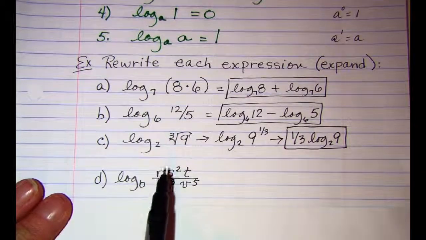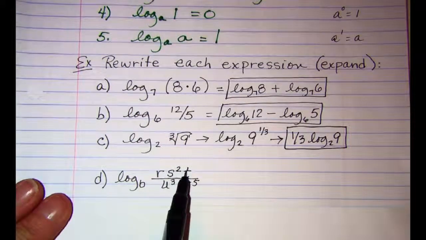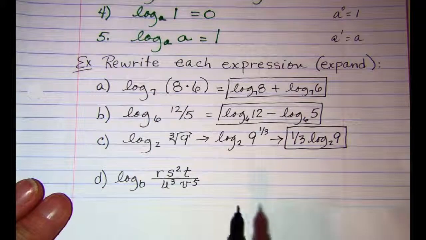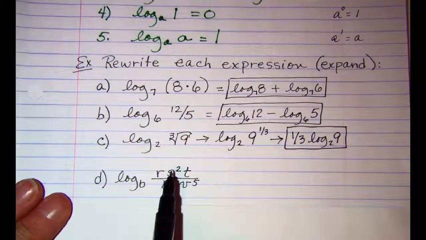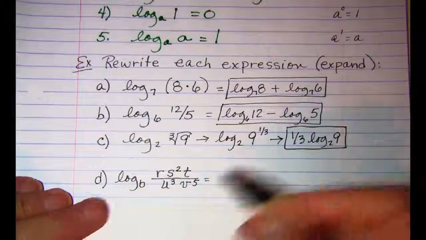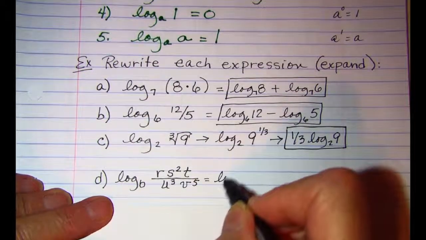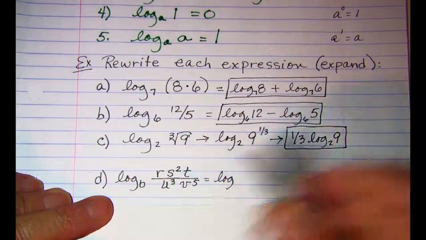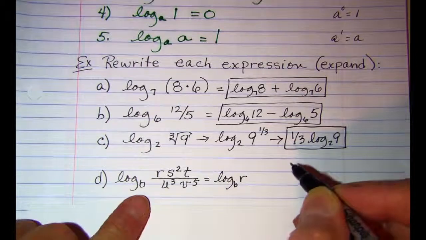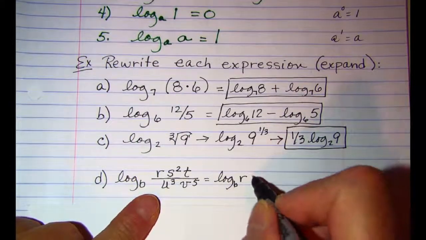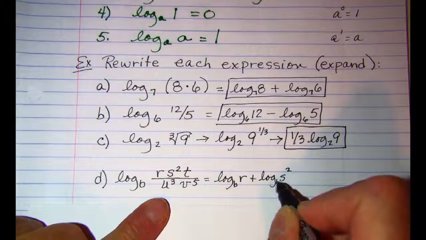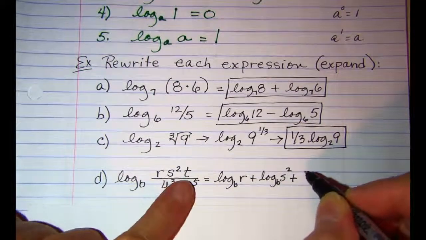Now in this one, I have a number of factors multiplied together in the numerator and a number of factors multiplied together in the denominator. So I'll be using properties 1 and 2 for this one. I'll do it in 2 steps. I can write the factors individually, the log of r, and all of these have a base of b on the logarithm. So the log of r plus the log of s squared, base b, plus the log of t